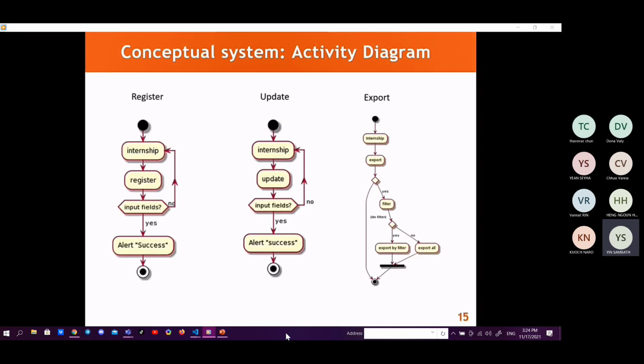Also, the activity diagram for the first function, register. When the user clicks on internship, they will see a register button at the top of the page. They can fill in the form such as person name, company, title, address, training field, phone, headphone, web, email, academic year, student, start date, end date, and issue date.